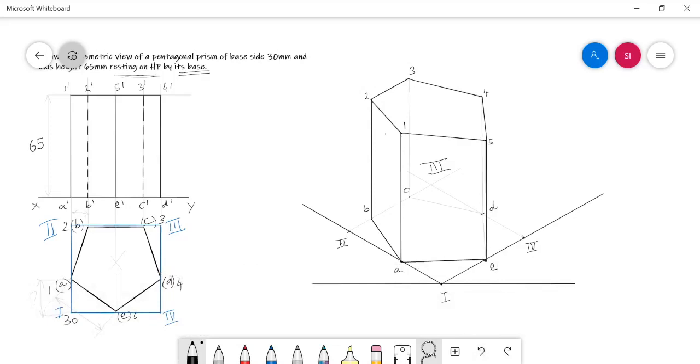Now the work is over. I have just drawn the isometric view of the pentagonal prism. See here, I need not darken the edges BC, CD, DE or 3C, 4D, since they are invisible edges. Just for our drawing purpose, we can draw them during the procedure, but at the last we need not darken them. The edges which are considered to be visible when you look at the solid from this condition are the only ones needed to be drawn with an HB pencil.